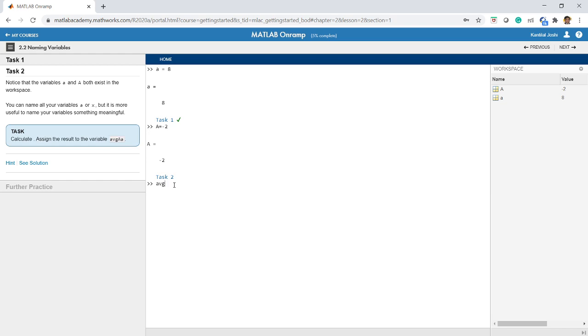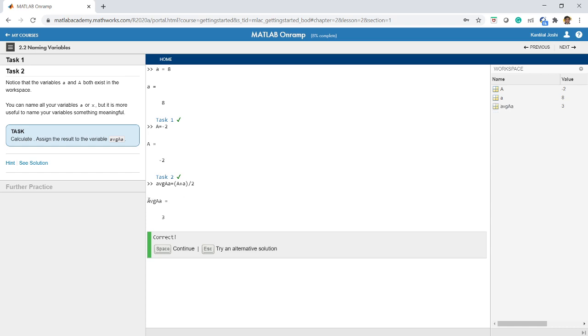We'll have a new variable, AVG AA equal to, capital A plus small a, divided by 2. This will give me the average of both. I've used parentheses here, so the simple rules of mathematics apply, the BODMAS rule. I'll press enter, and yes, our answer is correct.